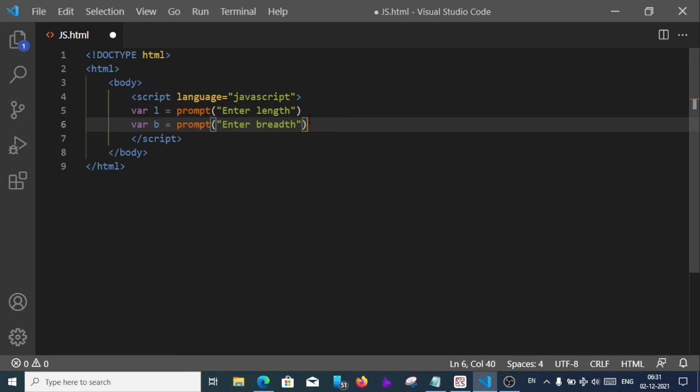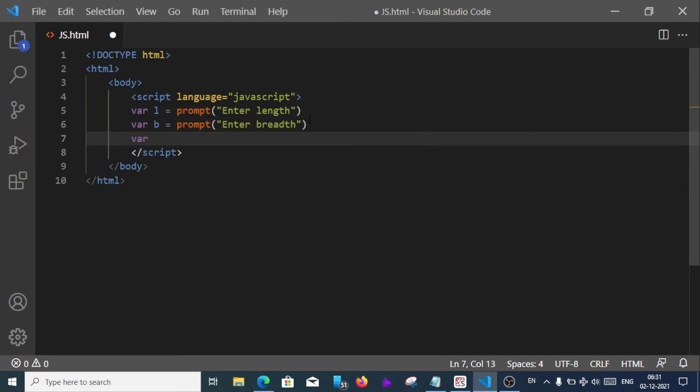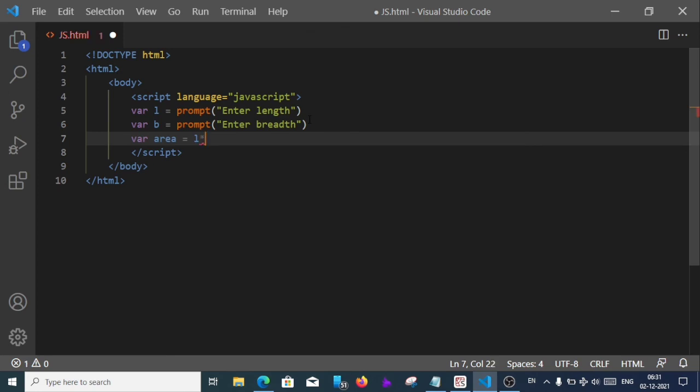Now in the third line we will define one more variable, that is area,